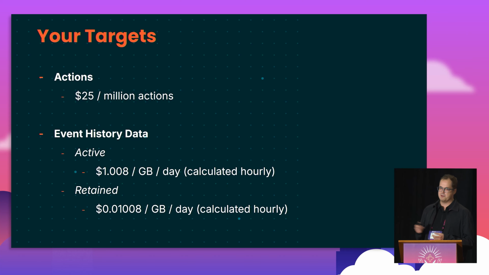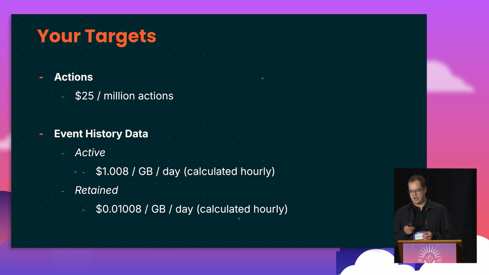Much more frequently, people will find themselves with unintended costs around event history data. Temporal records this complete event history of everything that propels your workflow forward. This can unintentionally become quite large. So when you're writing your workflows, you want to try to write them so that you can move them from this active storage into the retained storage as quickly as possible. It's 100 times cheaper to keep something in retained storage. It's billed per megabyte hour, but I put it into these charts so you can get a better idea of what your costs are going to look like for long-running workflows. You can eventually shift this to the retained storage, and we'll talk about a couple ways to do that